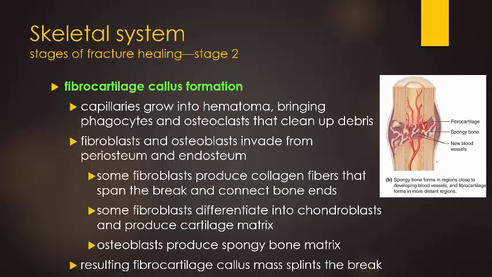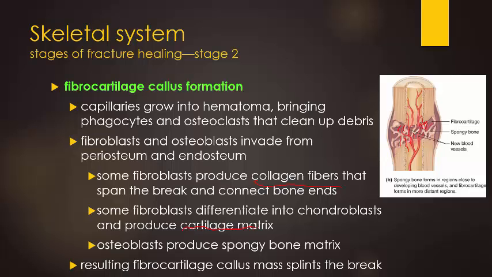Fibroblasts in there will produce collagen fibers, and those fibers will be used to help span the bone ends. And some fibroblasts will go ahead and differentiate into chondroblasts and start producing a cartilage matrix. So cartilage gets woven in with all of the collagen fibers,